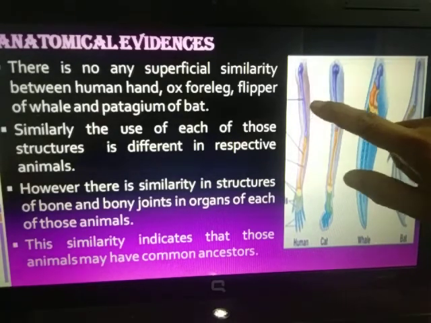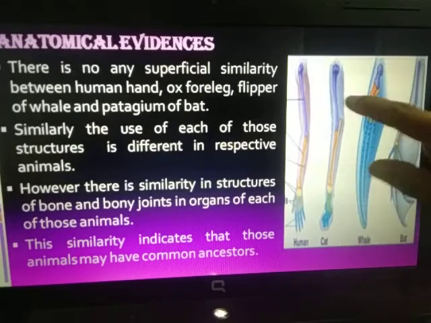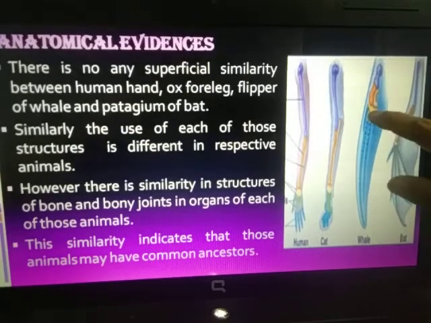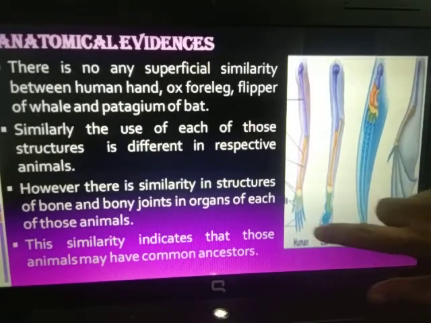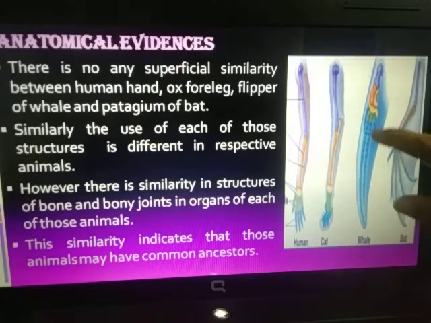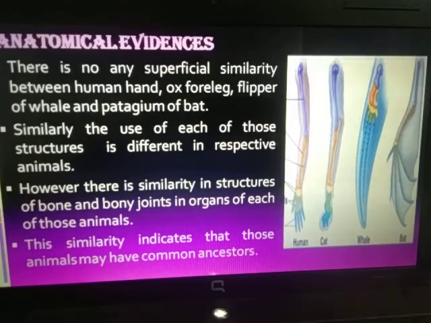If you see the bony joints in the fingers, you will find that they are similar. So this indicates that these animals have common ancestors. This was the anatomical evidence, that means inside the body. How is the structure inside the body? That is called as